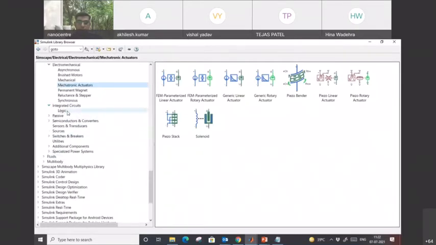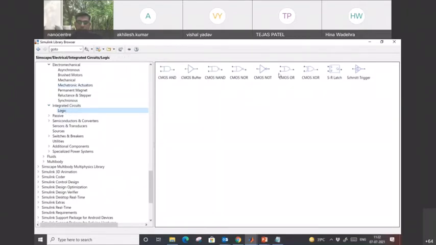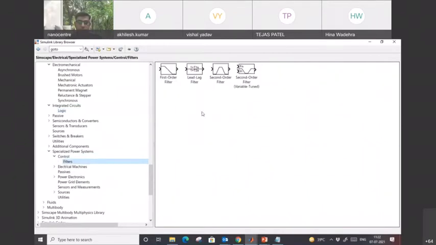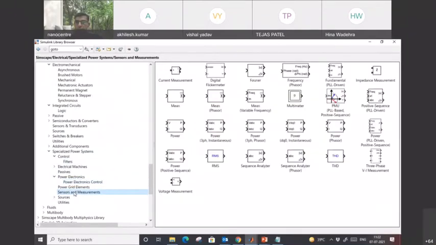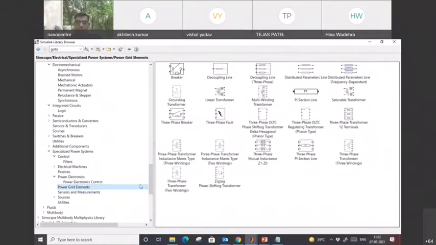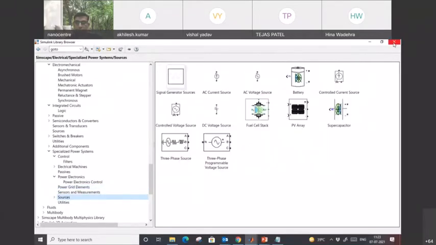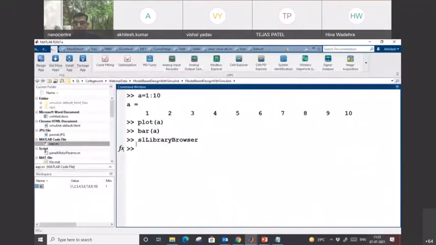With this number, if you want to use electronic systems, we have these electronic systems also available. I was talking about the second generation of electrical system, that is with Isnabar and everything, right? So here we have these blocks available, and these are the blocks from power electronics. We just have to drag and drop, and just connect them. That's all. Power grid elements are also here. If you are working on transmission line and energy distribution, we can use from here. Okay, so these are the libraries which are available here.